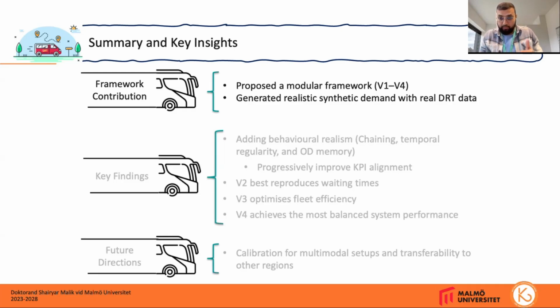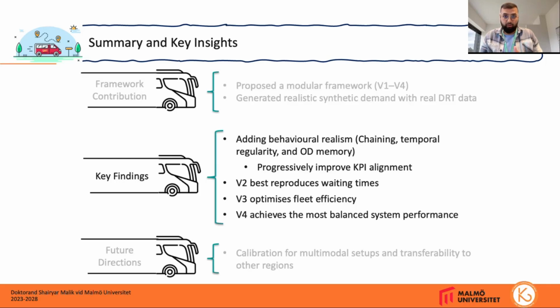So now what does this mean in practice? Like, how does it affect the simulation outcomes? This is what we have discussed. That every behavioral feature we added makes the synthetic demand more realistic. And that's what we got as the output of simulations too, which in turn makes the simulation results more trustworthy for planning.